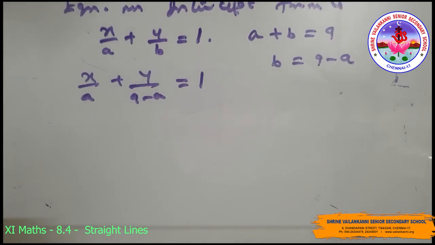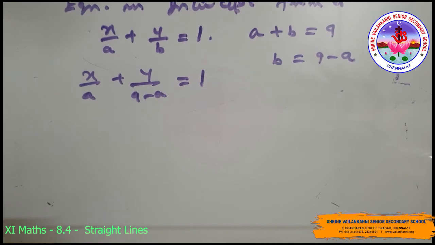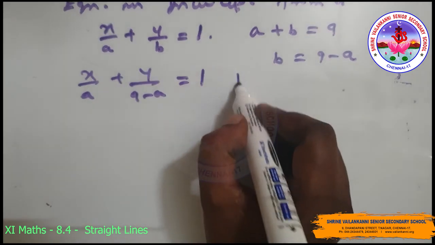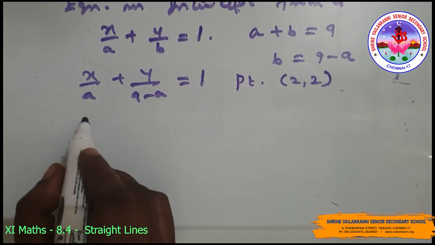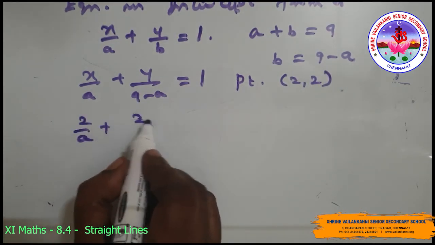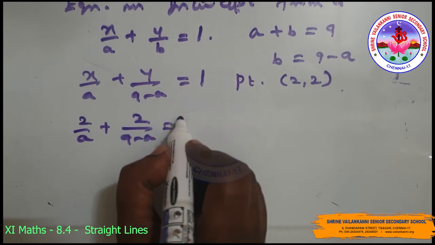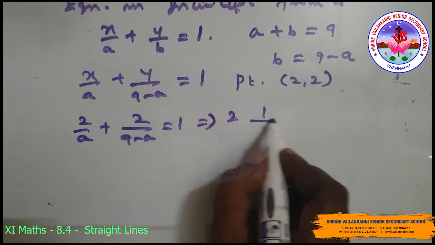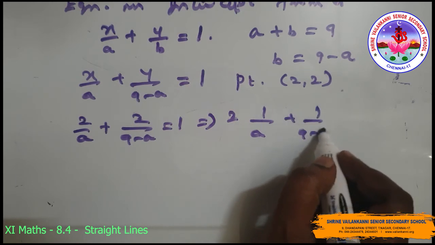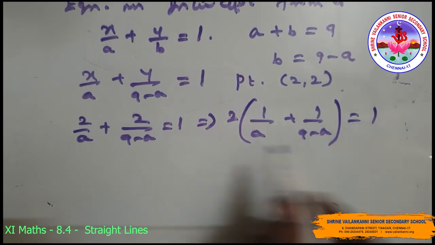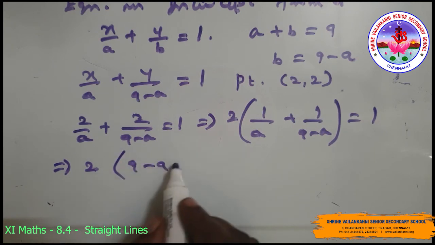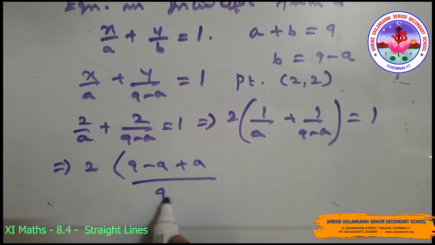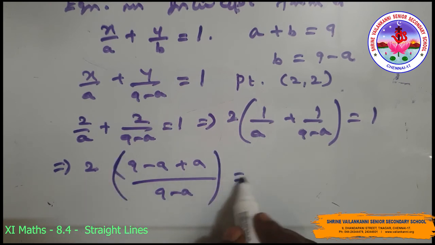Solving these equations, we have to find a and b and substitute in the equation of a line. So it passes through the point (2, 2). So we get 2 by a plus 2 by (9 minus a) equals 1. Taking 2 common, we get 1 by a plus 1 by (9 minus a) equals 1. So simplifying this, (9 minus a plus a) by (9 minus a) into a equals 1,